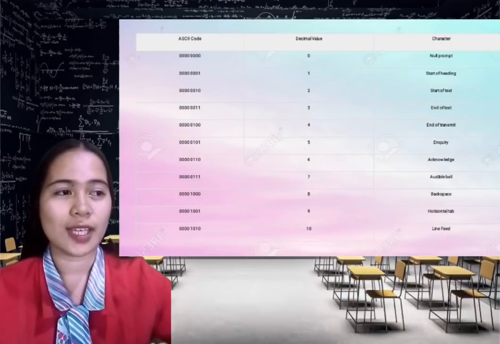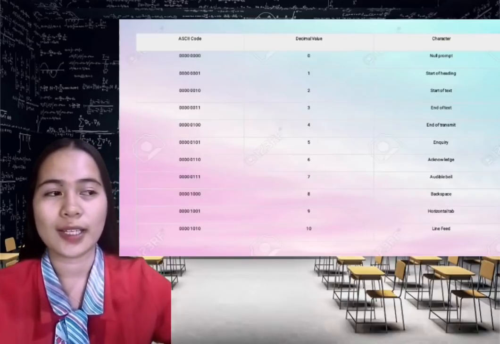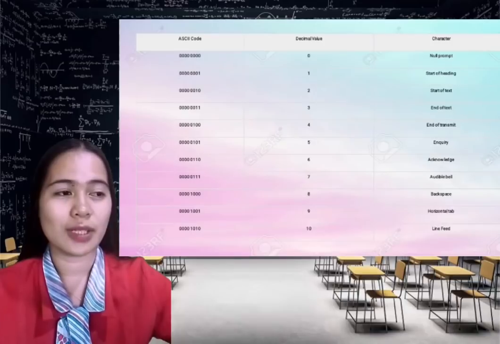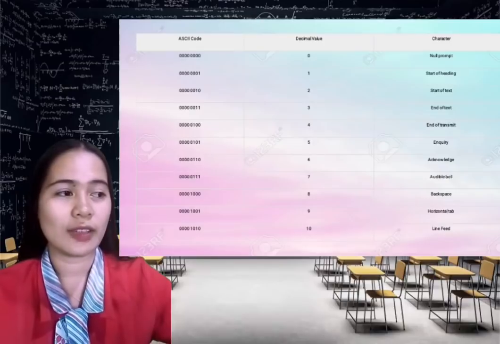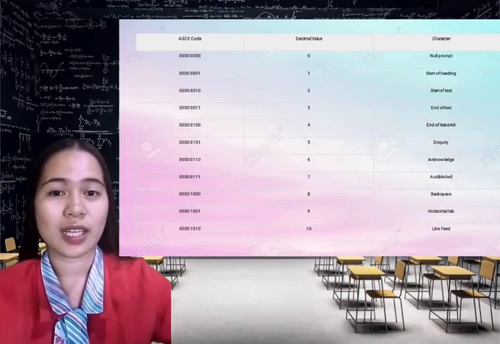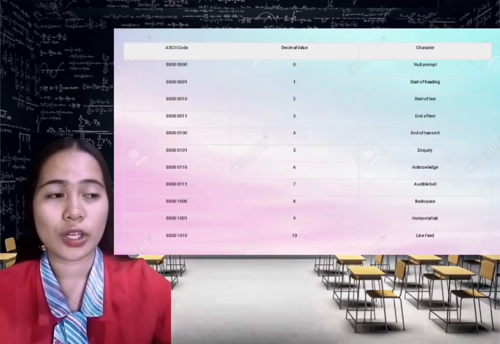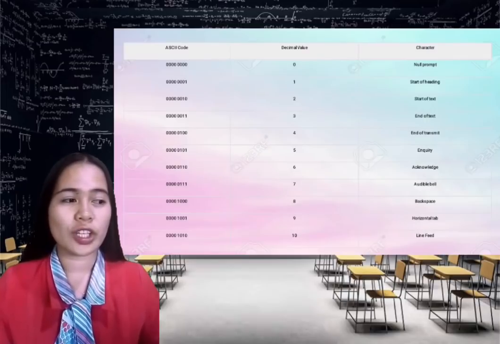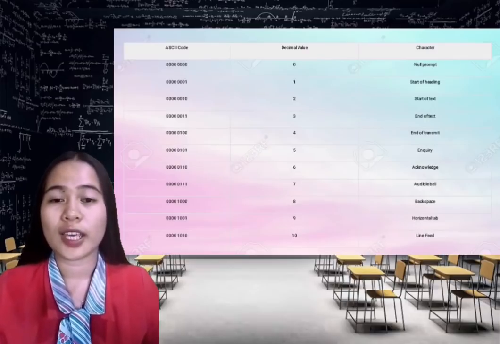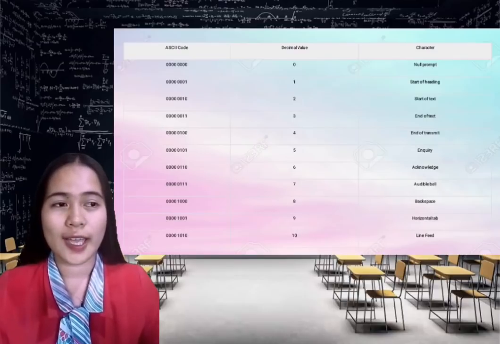Second is the start of heading, decimal value 1, and the code is 00000001. Start of text, decimal value 2, the ASCII code is 00000010. The end of text, decimal value is 3, and the code is 00000011. Next character is the end of transmit, a communication control character used to indicate the conclusion of a transmission, with a decimal value of 4 and code is